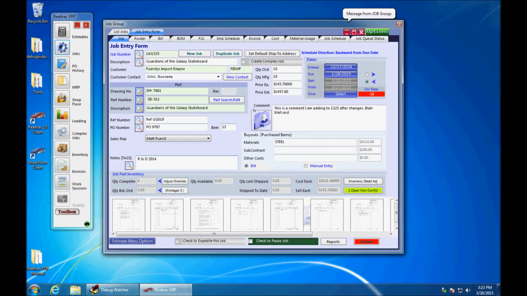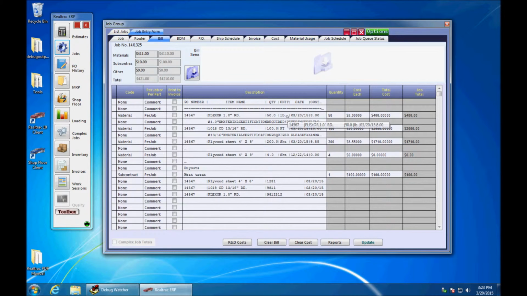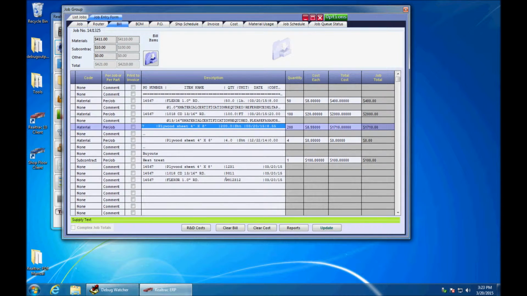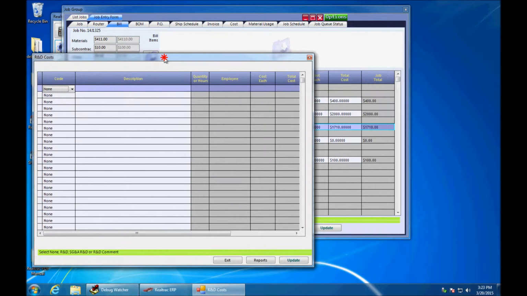Once I've tagged a few jobs, I now need to go in and examine which purchases I believe are eligible for the credit. When you purchase materials in the Realtrac system, information on those purchases is automatically added to the bill interface. We've created a secondary R&D bill interface. This is intended for an owner and management to project which bill purchases they believe can be applied towards the credit. Looking at the bill for job 1325, I've determined that $3,200 of my purchases associated with the job are